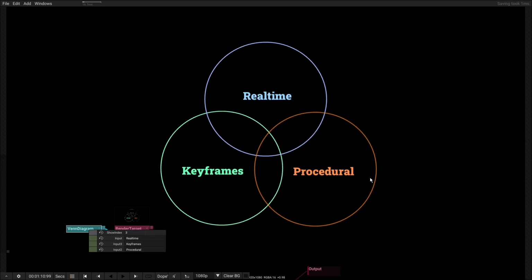And then you have procedural content, like you would expect from tools like Houdini or Grasshopper. So you have graph-based, really complex stuff. You have caching, you have invalidation. You can build logic by connecting boxes, but you can also write shaders or program your own nodes in C#. So if you have real-time, keyframes and procedural content generation, we want the small little corner in the center, in the overlap.